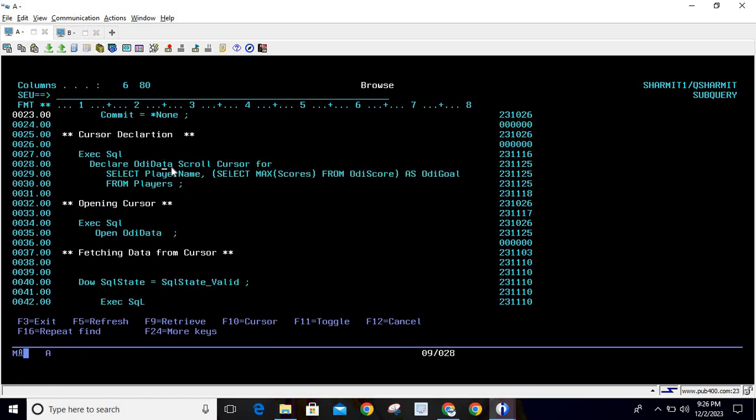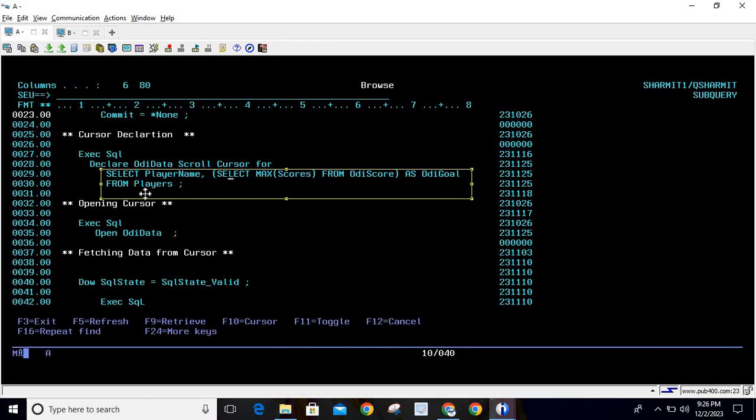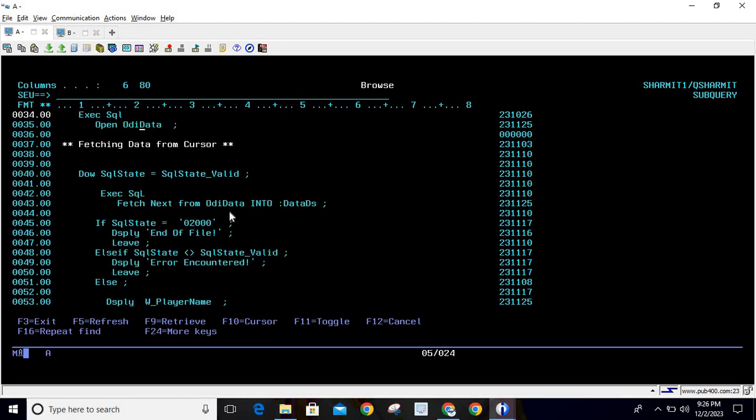So at the time of cursor declaration, here you can put declare, then cursor name, type of cursor. If you want to go with a scroll cursor, then it is fine, and then here you can replace the actual query. So you can simply copy this query as it is here. Post that, we will just open the cursor. So you can put the cursor name here, open this data, or whatever the data structure name you have used,